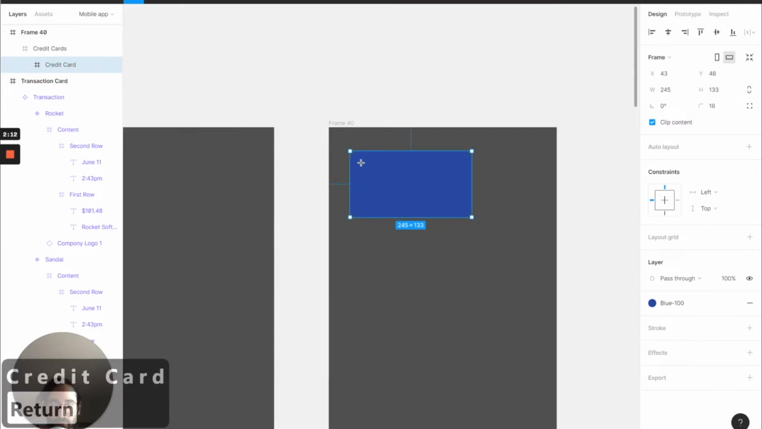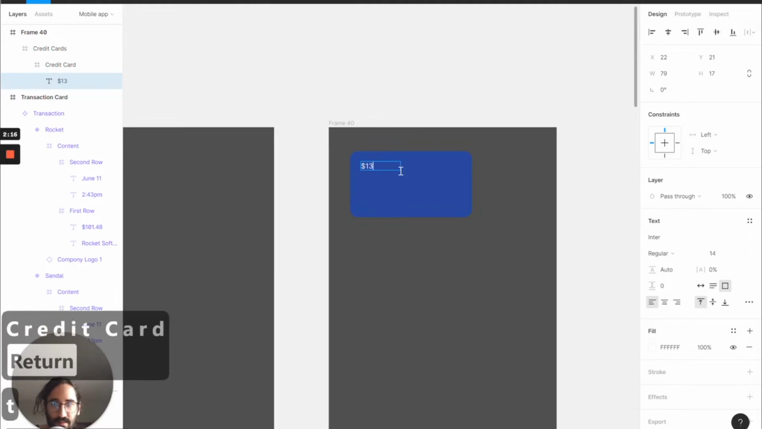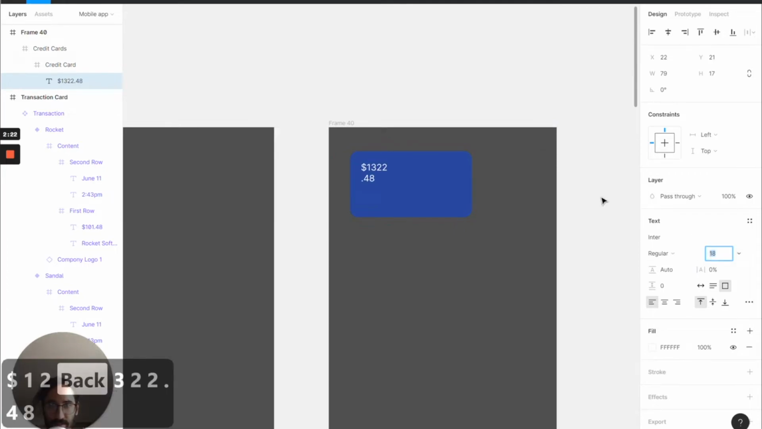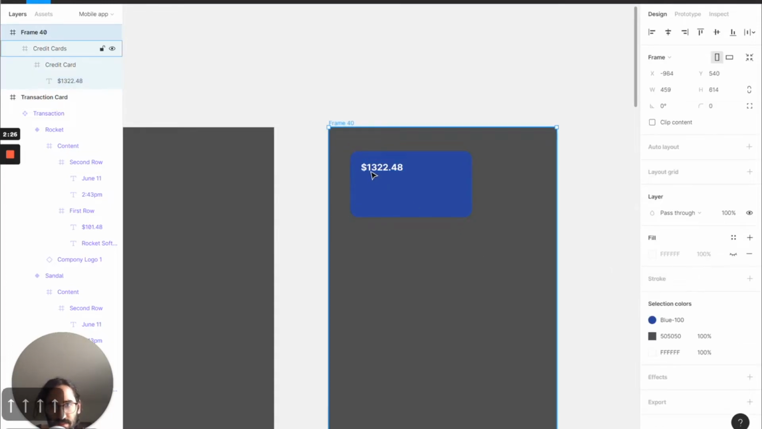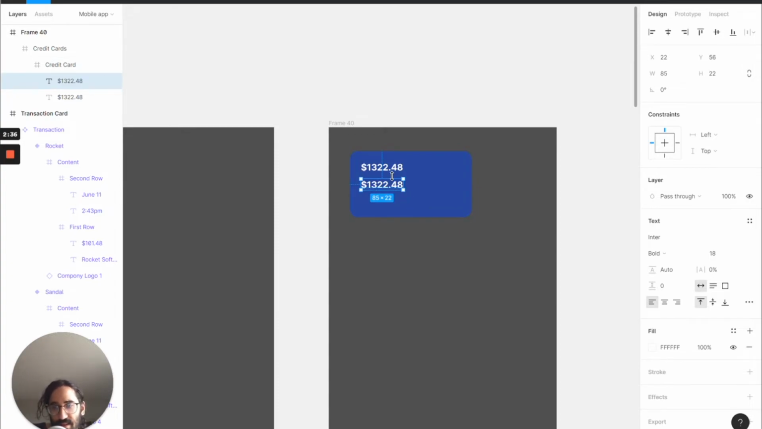And I'm gonna press T for the text shortcut. That's 1322, let's say 48. And we wanna make this probably 18 pixels, auto width, Control B for bold. And that looks pretty good. And I'm pressing Alt to actually drag and copy. And this would be the number, but like I said, I want to have the first 12 as like not